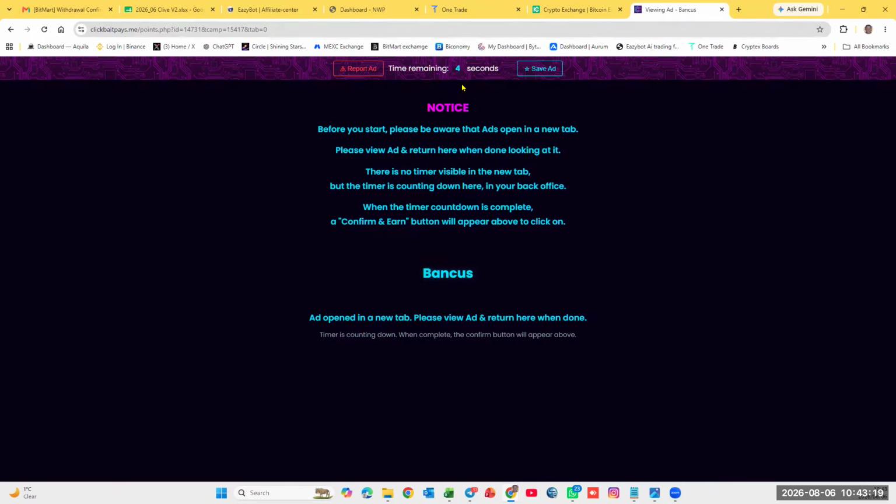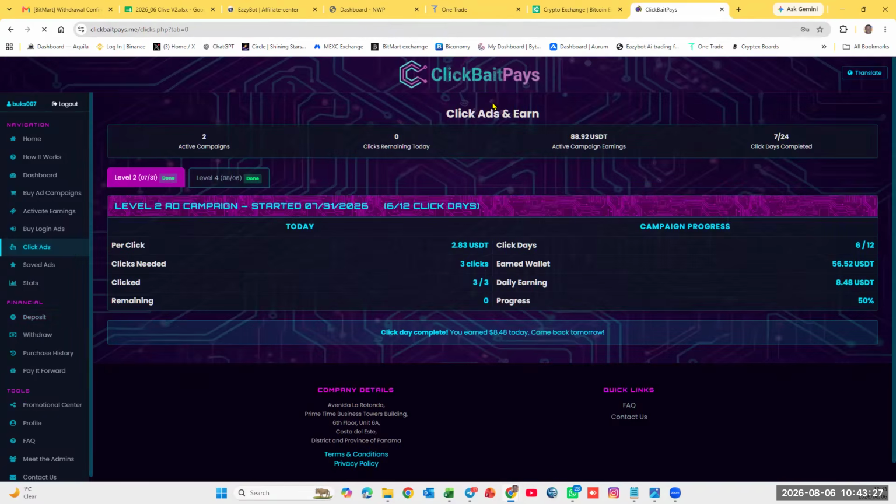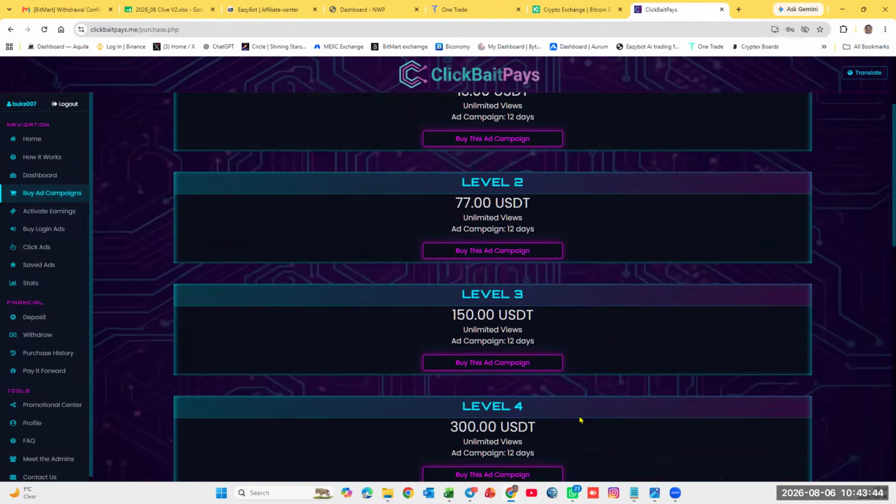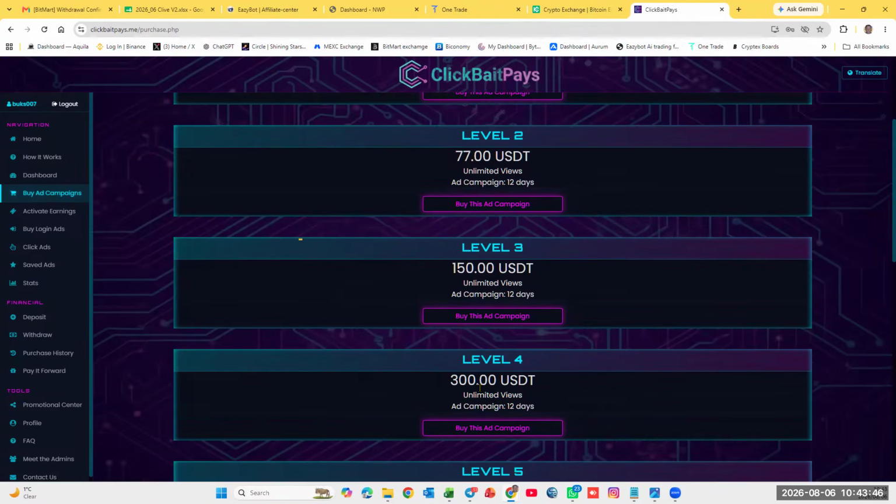Now, quickly again, what I'm going to show you. So you can have different packages. I'll just show it again. The ads is a $13. You can have up to 3 active packages in one level. So you can either buy 3 $13 or you can buy a 13, a 77, level 3, 150, level 4 is 300.